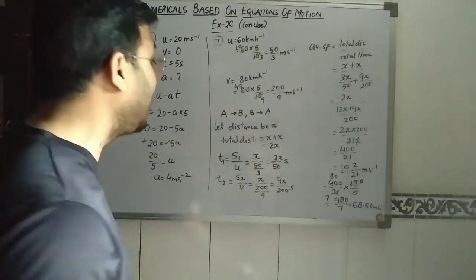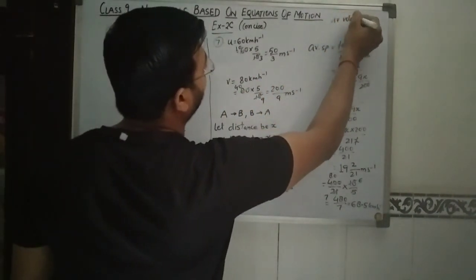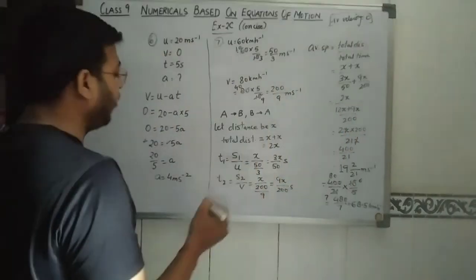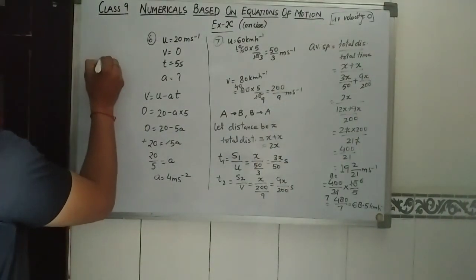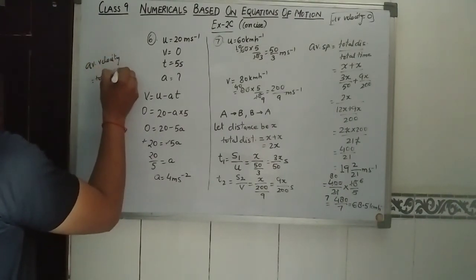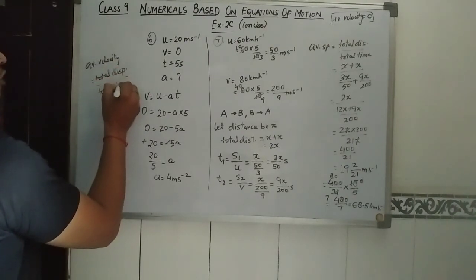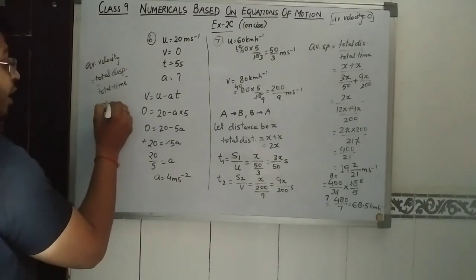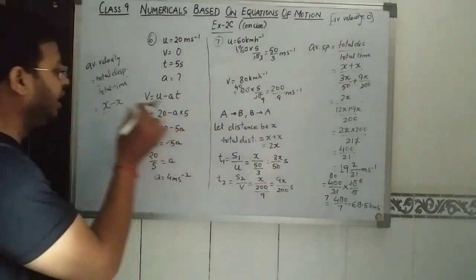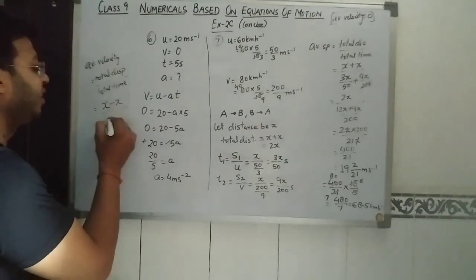And in the same question, the average velocity will become 0. Why am I writing 0 directly? Because the formula for average velocity, you can look here. Average velocity is equal to total displacement divided by total time. This is the formula for average velocity. The total displacement will become x minus x because the direction is opposite. When A to B the object is going, then you are considering it x. So when the object is returning back, then it is minus x. Total time